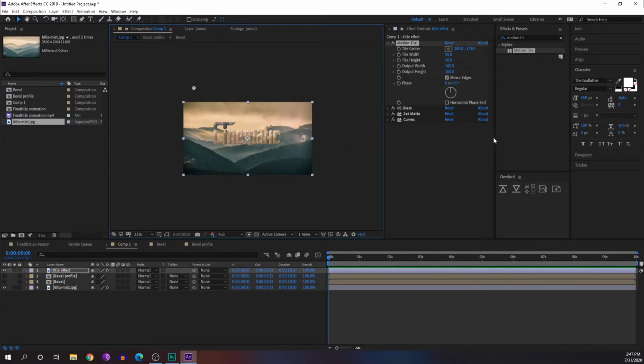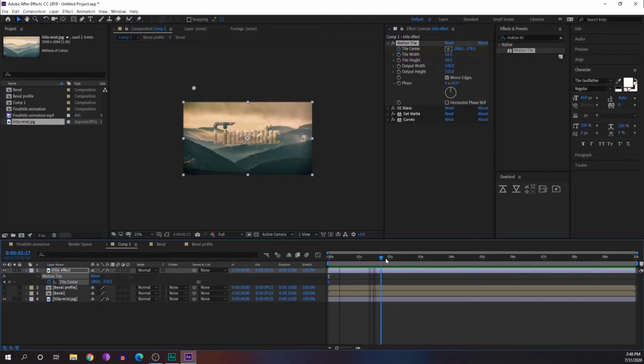To do that, we will select the keying button in the tile center option. We'll just enable it at frame 0, and we will go to maybe somewhere around 7 or 8 seconds, and we will move it across our composition, so it will be gradually moving.